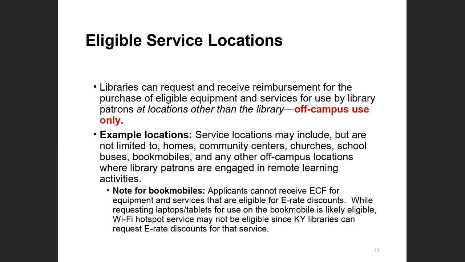There are some states that, based on the way they define eligibility, you can't get cellular data discounts for the bookmobile, but in Kentucky, we say, hey, this is just like a full branch of the library. This is necessary for providing service to our rural homebound patrons. So treat it just like it's a full library branch. So I think you should be able to apply for laptops or tablets to use on the bookmobile, but I'm thinking you won't be able to get the hotspot service since that's eligible in Kentucky. However, let's just put a little note beside that, stick a pin in it. I may come back with more particular information later.